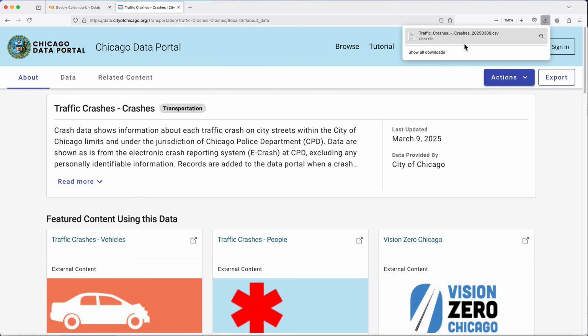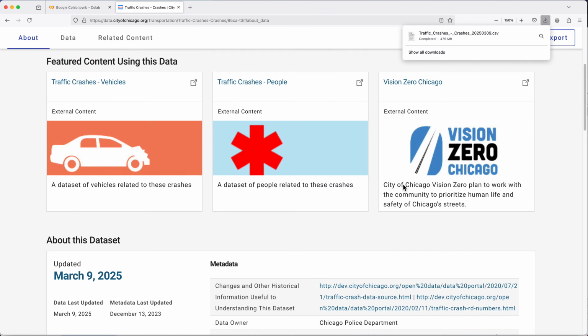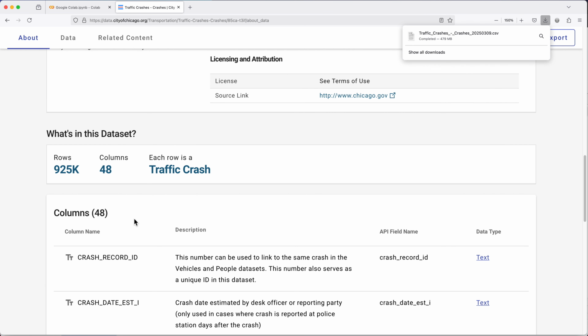Okay, this is done downloading. Over here, you can see it's a 479 megabyte file. This is not a super large data set. It's less than 1 million lines. You could use data sets much bigger than this for this analysis, but I'm just going to use this one as an example. Now, first, what I'm going to do, I'm going to basically upload this file to Google Colab